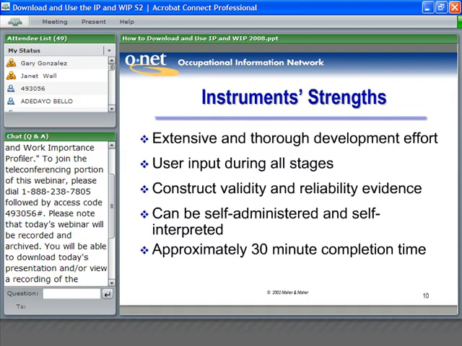What I want to do now, that sort of gives you an overview of what you have to do to get the instruments onto your computers. What I want to do now is spend a little time on each of the instruments and how the computerized version looks. In general,